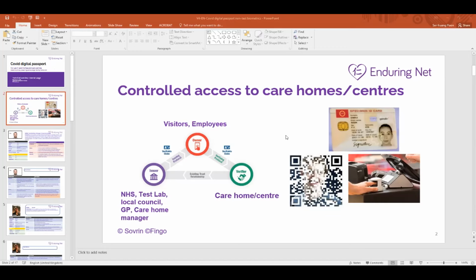However, in our case, if you're using it at Manchester University, we are not using the COVID passport to restrict access. In fact, we are using it in a very secret manner.